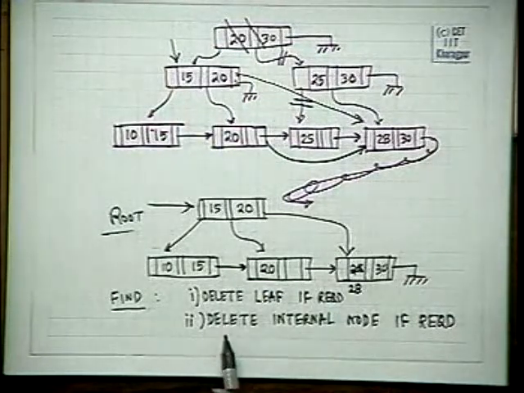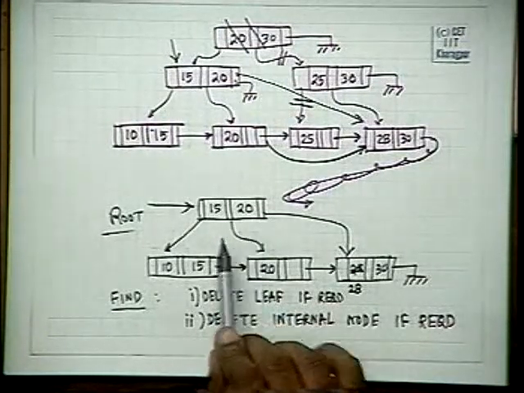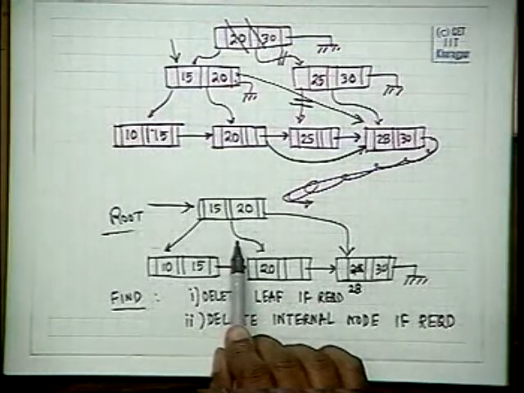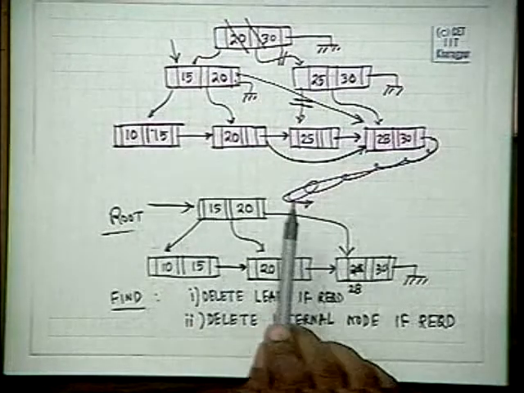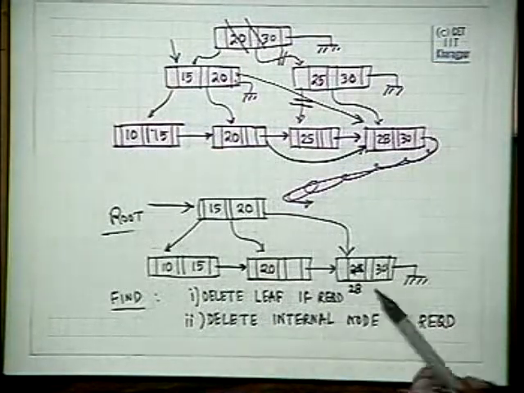Now, when you come to an internal node and you find that it still satisfies the condition, then it is all right. If it does not satisfy the condition, see two cases. The first case is if it is root, then just make its only child the new root and delete it. If it is not the root, then redistribute it with its brothers. And the brothers, there will be two cases, 1 3 and 1 2. 1 3 means redistribute 2 2, it becomes a simple situation. If it is 1 2, then make it 0 3, remove that internal node and then go to its parent again and remove that pointer from its parent and recursively proceed till you reach the root.